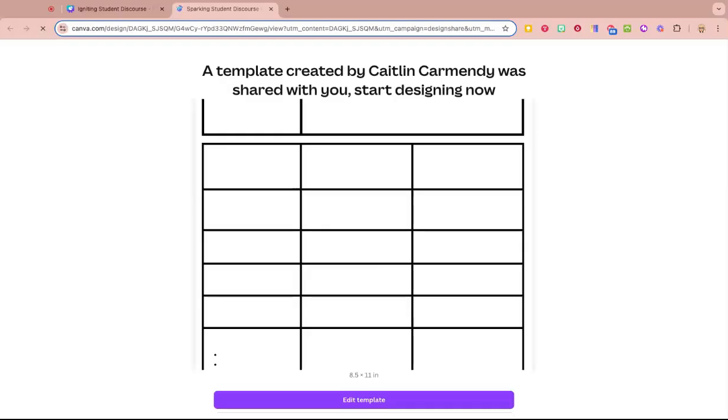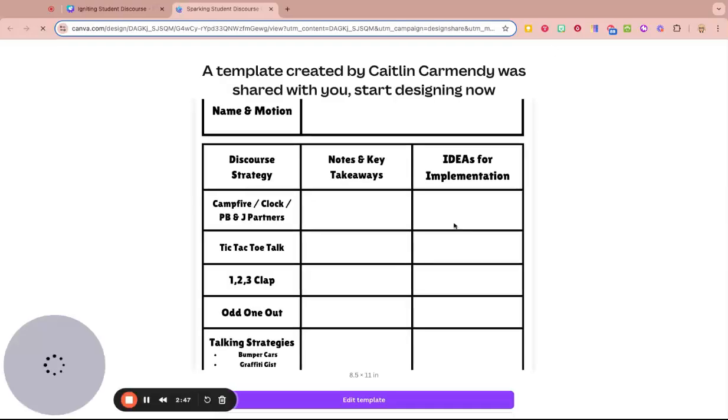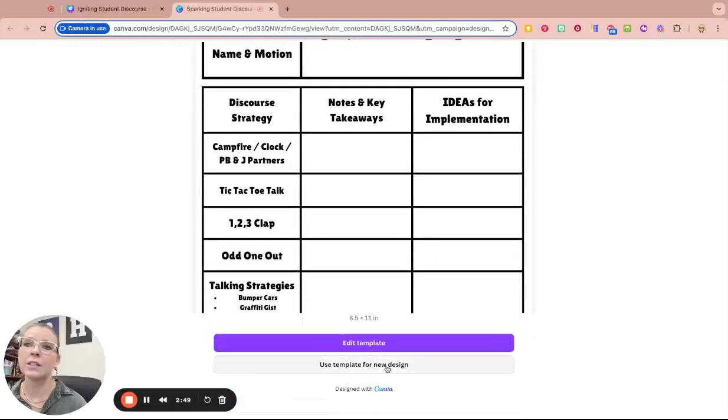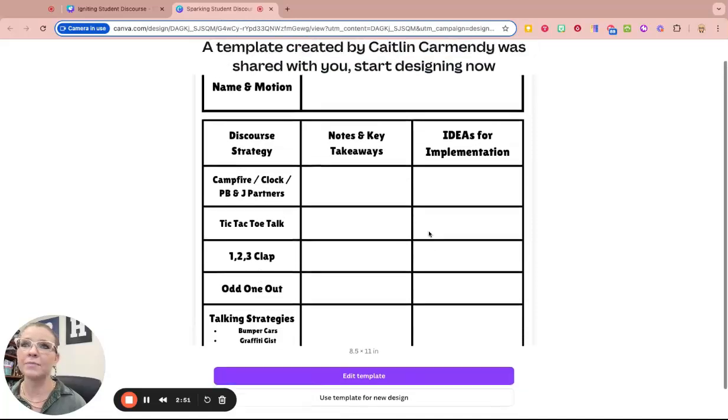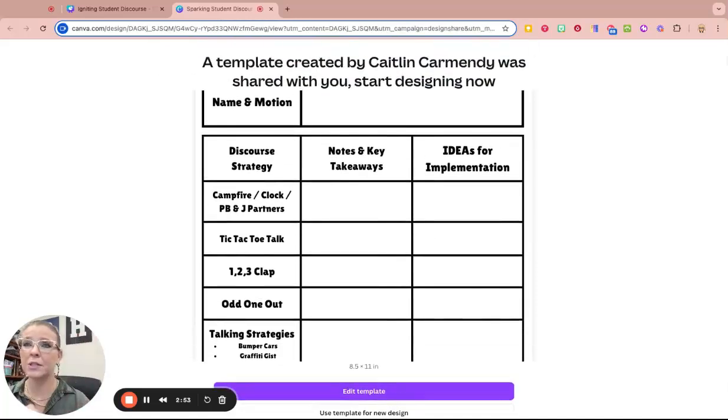If you click on that note taker, it's going to pop open a new Canva template for you, so make sure you click use template for new design. You can either print it out or write right on it digitally. The way the note taker is laid out, it always allows you to have notes and key takeaways for the strategies we're going to go over today, and then your ideas for implementing this in your content area.